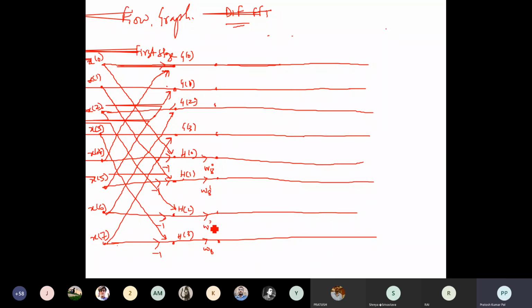So this is 2 and this is 4. Whatever value will be at this position will be considered for getting the value of the second stage. So to get the second stage values, two values will be considered. So this is the second stage. Okay, so this stage will be A0, A1, B0.